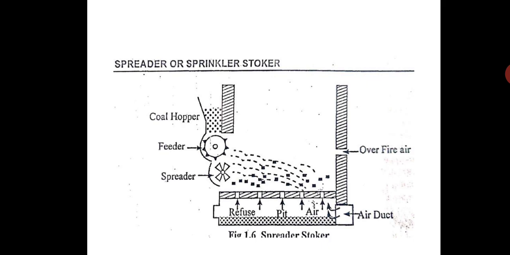The spreader is a fast moving drum with blades, which in turn distributes the feed, the coal, on the grate as shown in the figure. Here the grate is stationary. Please understand, here the grate is stationary. So from one end to another end, say 20 feet, 30 feet, the coal has to be thrown or spread all over the grate. For that, you have got the feeder as well as the spreader. In the earlier traveling grate, the grate itself was traveling, but here it is not the case. The grate is stationary, so we have to spread the coal.